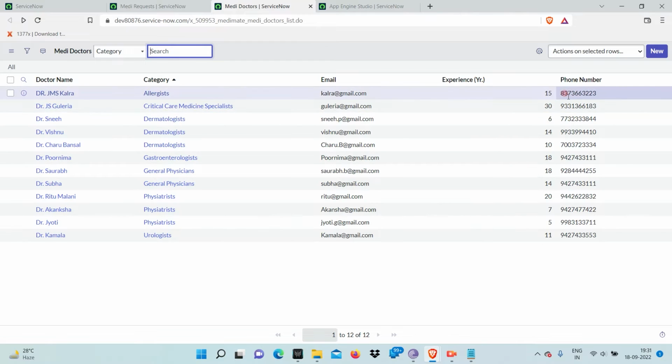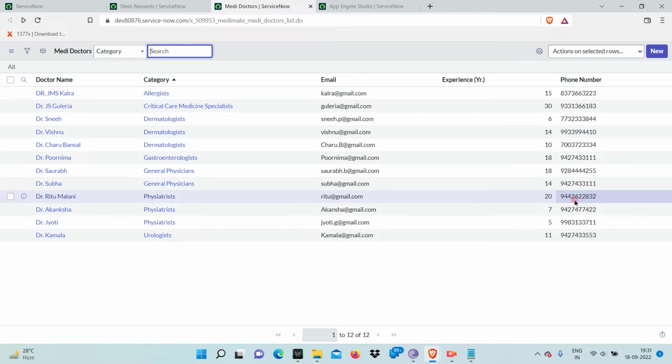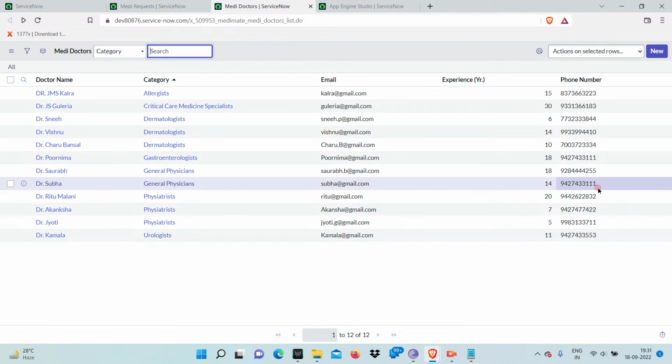Along with that, these contact details are for when a patient, in an urgent request, can reach out to the doctor as well, because a doctor would be getting in touch ASAP. If it is a critical thing, then the person can get in touch as soon as they get the notification from an email. So I'll quickly show